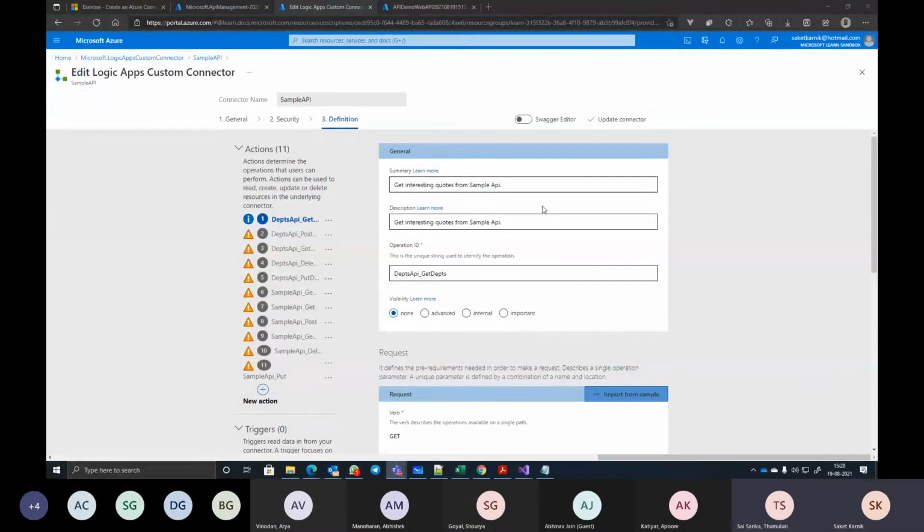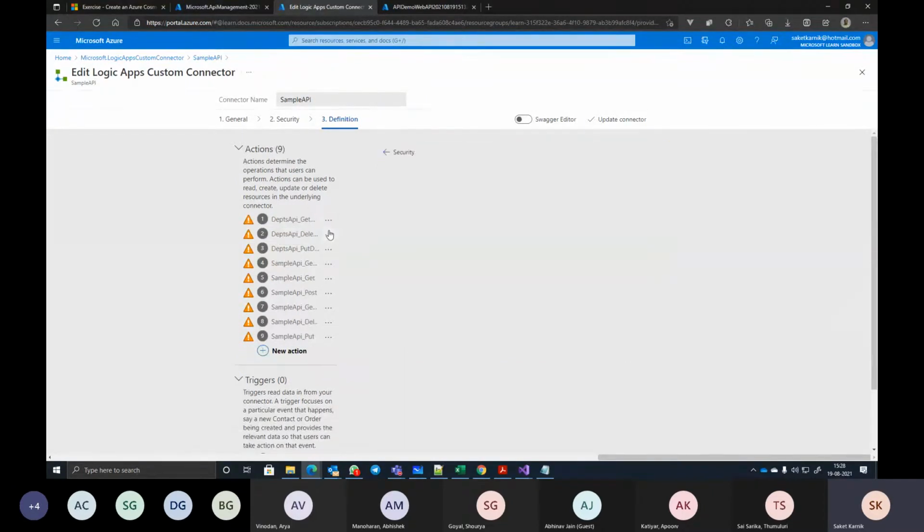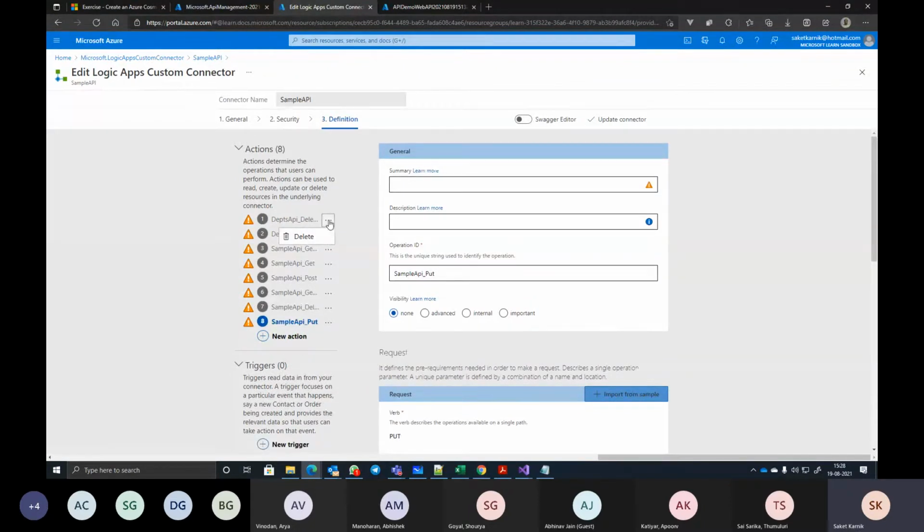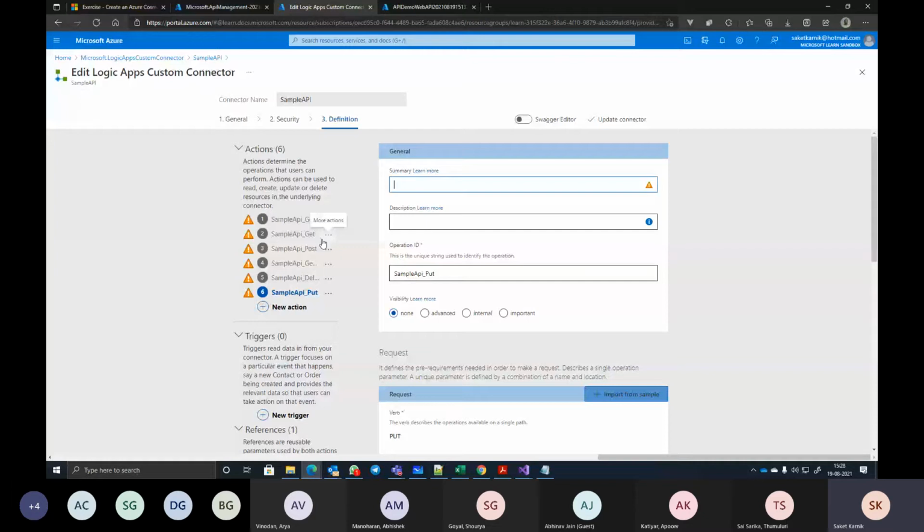So the point is on the left hand side, you can see different actions which are available here in the API. Departments API, I don't want to expose right now. So I can just go and delete these departments API actions. I can create connectors separately for sample API and for departments API one by one, right?